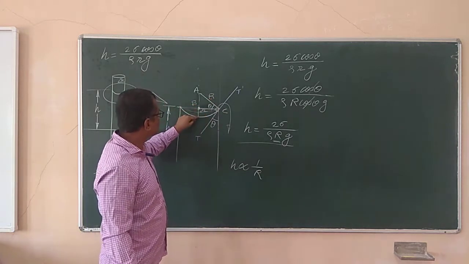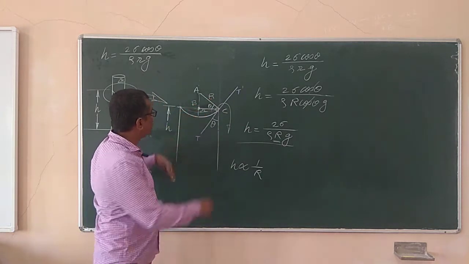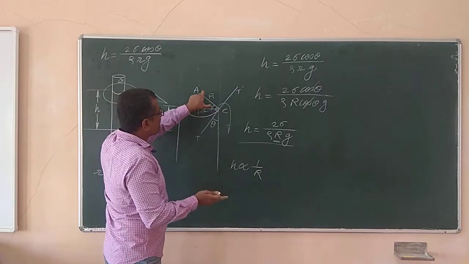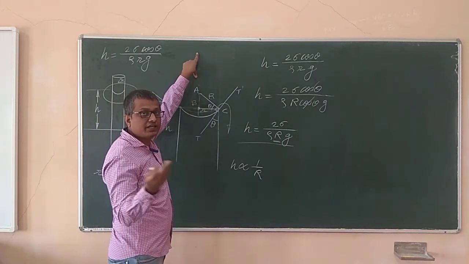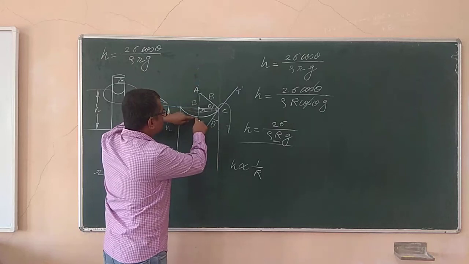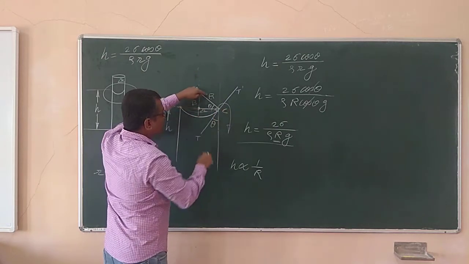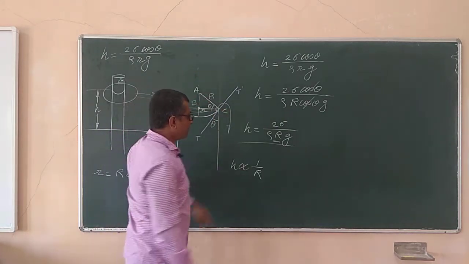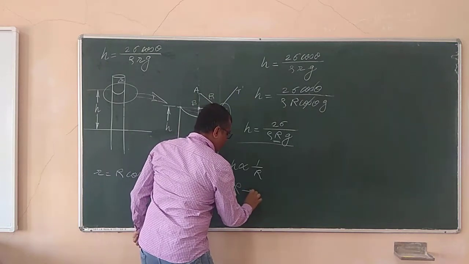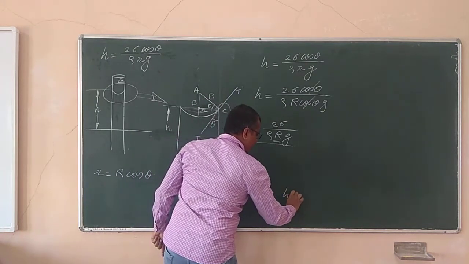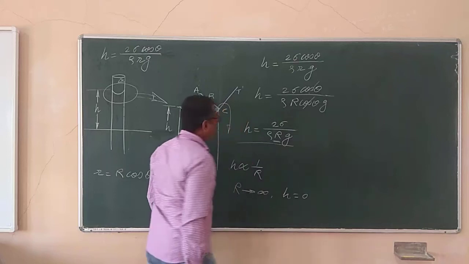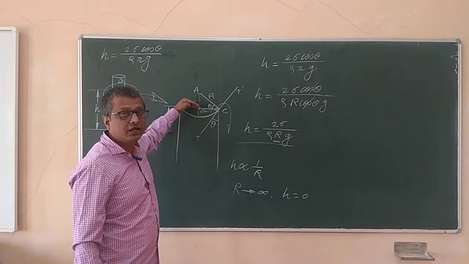This R, see, as this curvature gets lifted up, the curvature will become more and more flat, and the radius R will go on increasing, and finally it is going to become infinity. If the curvature of the liquid is exactly horizontal, then R will be infinity. If R tends to infinity, the height of the liquid column above it will tend to 0. I mean above that level,